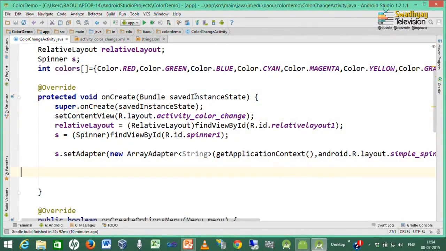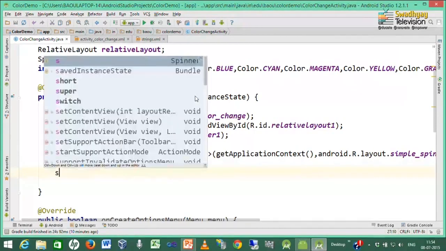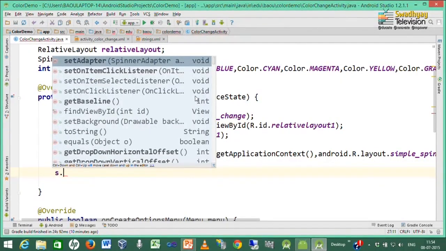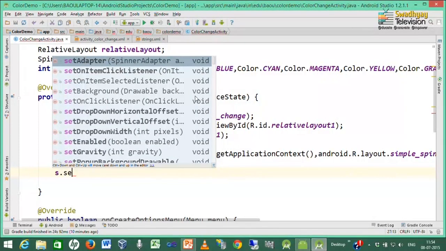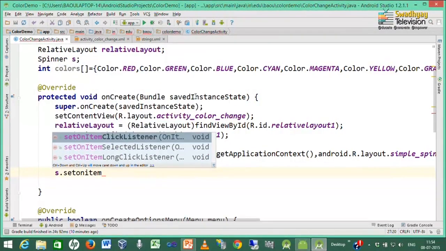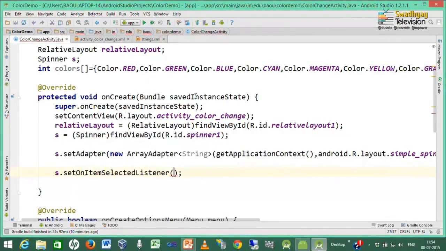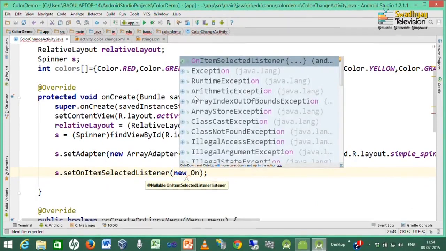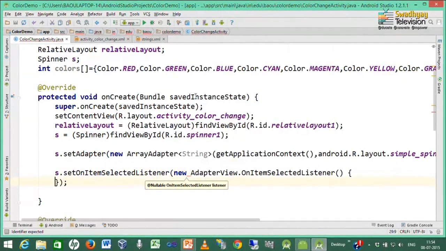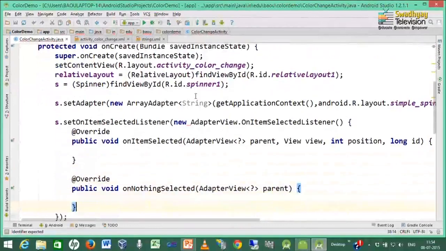Now, we implement how to handle the selected item from the list. So, I write down s.setOnItemSelectedListener. So, here we write down OnItemSelectedListener. Now, it defines two methods.